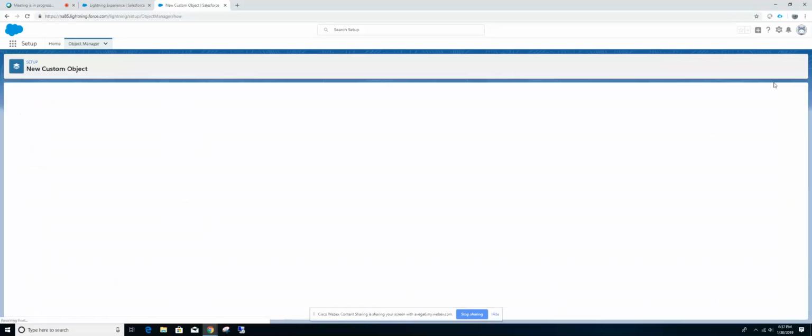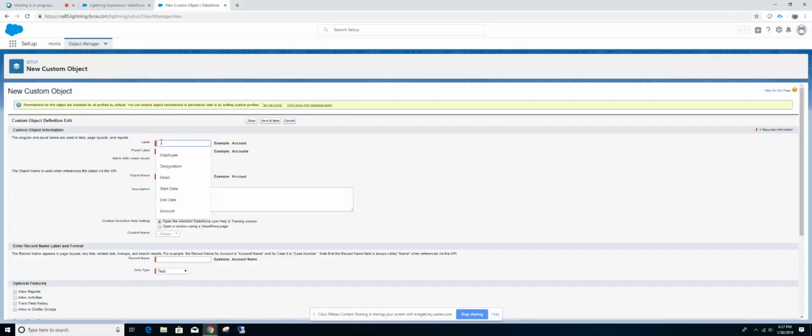I'm going to create a custom object. Okay. I'm going to name it session. And plural is nothing but sessions. Okay. As a good developer or a good admin, you will put in the description, so people who come after you, even when you leave the company, can look at this object and say, oh, this is the reason why it was created. Because imagine there is an org with 500 objects. You have to know what every object is being created for. So let's, okay. So the description is,